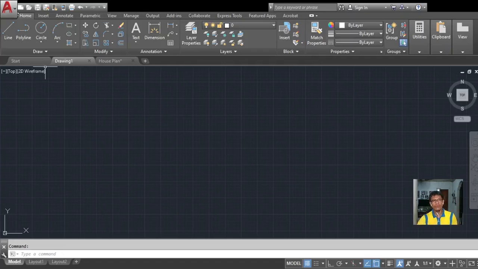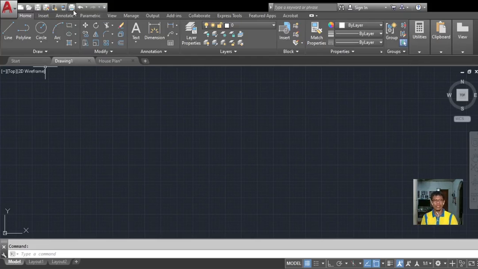Beside this menu browser, we have this part. We call this the quick access toolbar. It is located along the top of the application window, above the ribbon, and provides direct access to common and defined sets of commands like new, open, save, and plot.